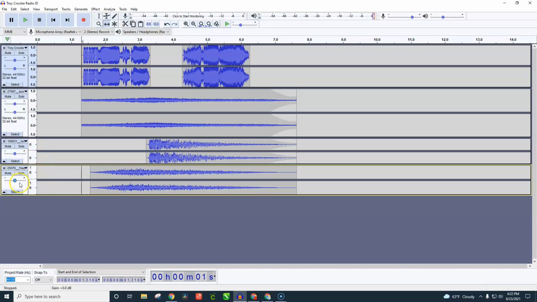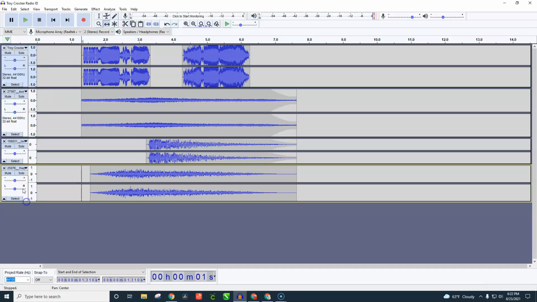I'm going to make this a little bit louder. So as you can see, each track has its own volume, all right? So the volume knob allows, and it actually has a pan left or right, like you might want to put here only the left side or only the right side to make some stereo imaging, have it sound cool in headphones. But I want to make this a little bit louder. So a little goes a long way. You don't want to get too crazy here. So plus 4 dB is quite a bit. Let's hear.